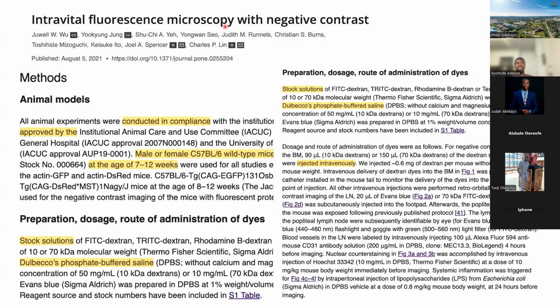The reason they do this is because some experiments require labeling live mice with dye, and studying how these particles or this fluorescent dye moves in them, and this could help them draw some conclusions. So this research group is proposing another method that can be used with fluorescent microscopy. The limitation is that in some animals where they inject dye, there are some parts that the dye could not reach, and this creates some void.